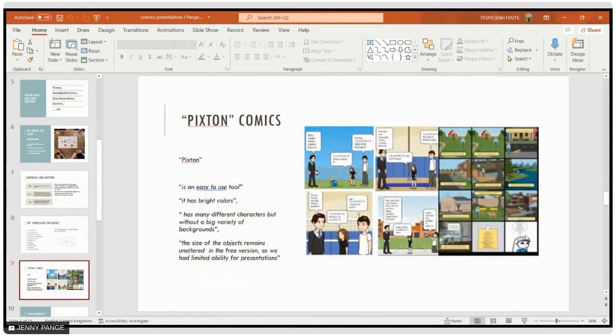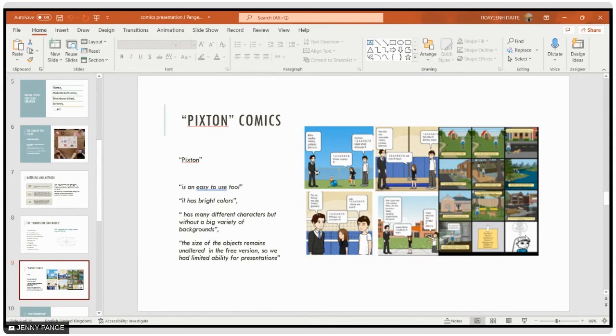Let's start with their opinion, and we will see here how students replied and what was their idea. Some students, as I said, used the Pixton comics, and they said it's a very easy to use tool. Yes, because when we asked them why, the way it is formulated, the whole story was quite easy.